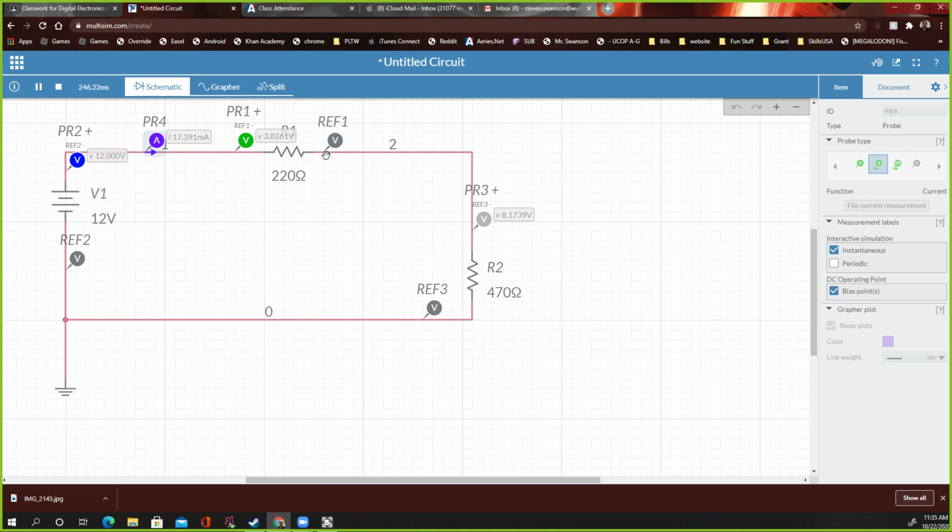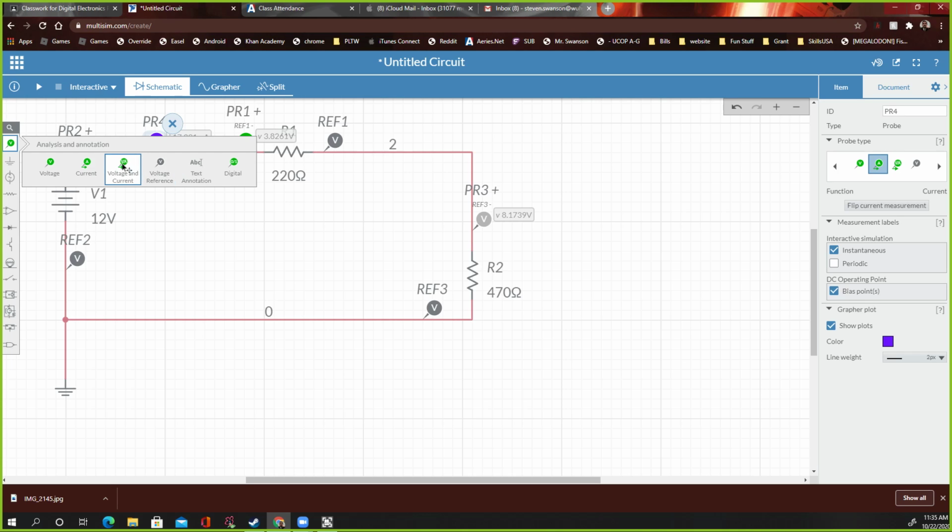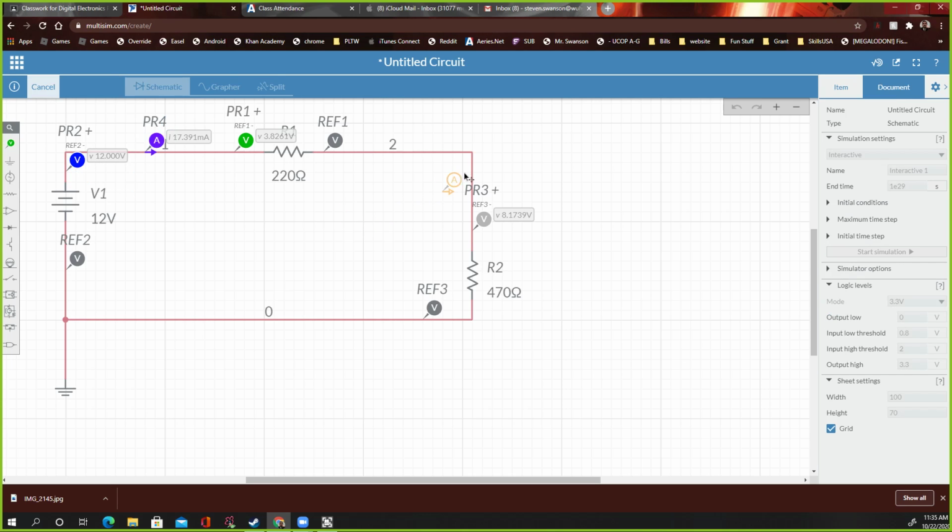There we go. Now, do I need more? Do I need to put one right here to see how much current's traveling through this guy? No, you do not, because this is a series circuit and it's all the same. Don't believe me? Go ahead and get another one, current, and drop it right